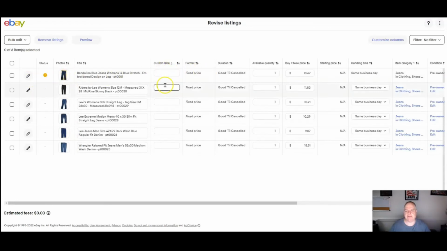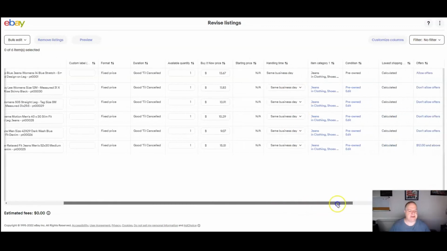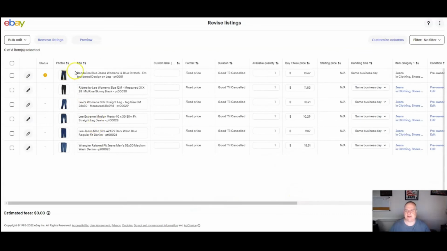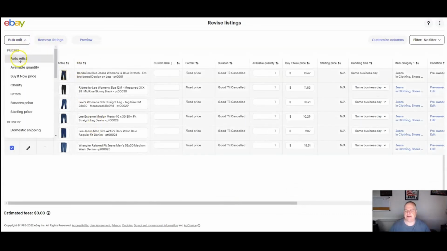You can add custom labels to each one. You can change the available quantity. You can change the buy it now price. You can change how you're shipping it. If we scroll across through here, you can see that we can change all kinds of different things about those particular jeans. If you click on that and do bulk edit, you can also do an auto relist, available quantity,